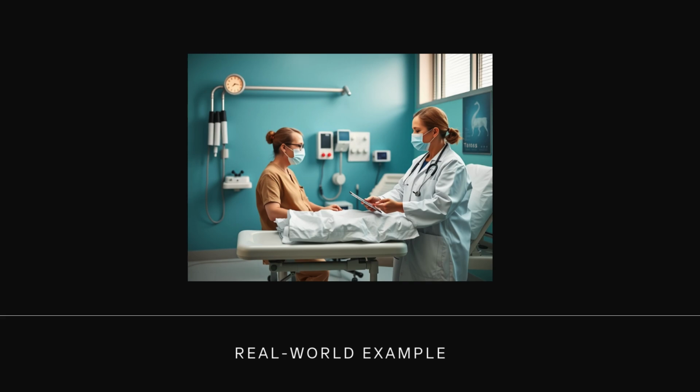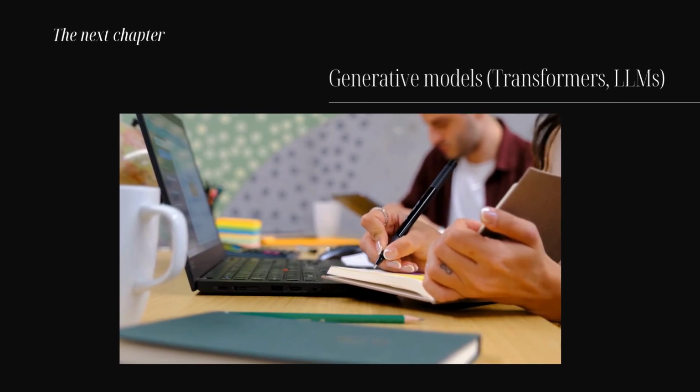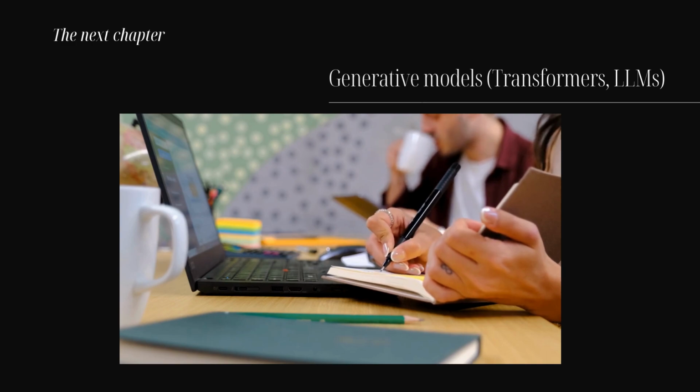grounded in external knowledge. From classical approaches like BM25 to cutting-edge dense retrieval techniques, each method plays a unique role in improving generative AI outputs. As we move forward, we'll explore how to implement and fine-tune these retrieval mechanisms in real-world RAG